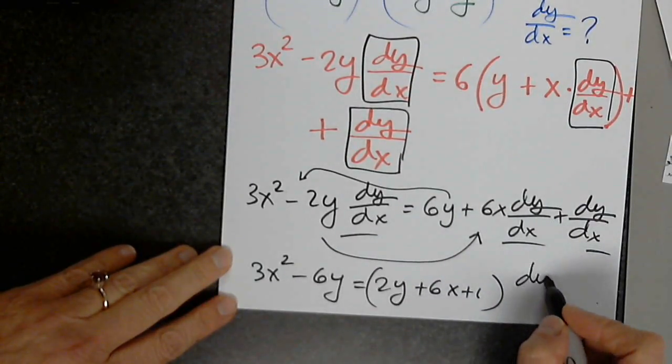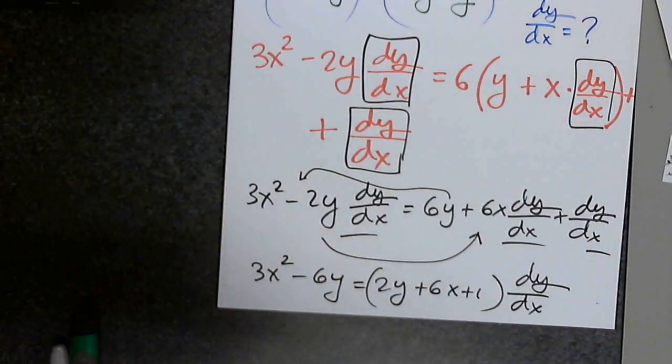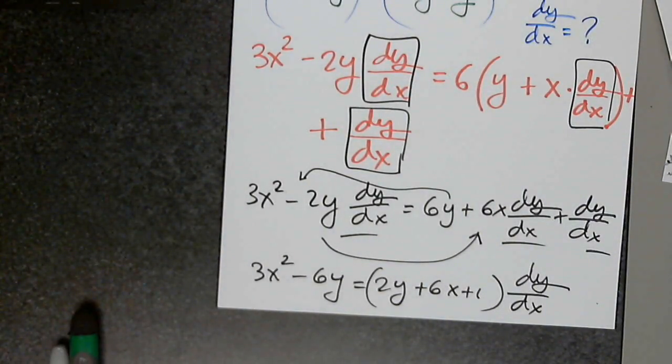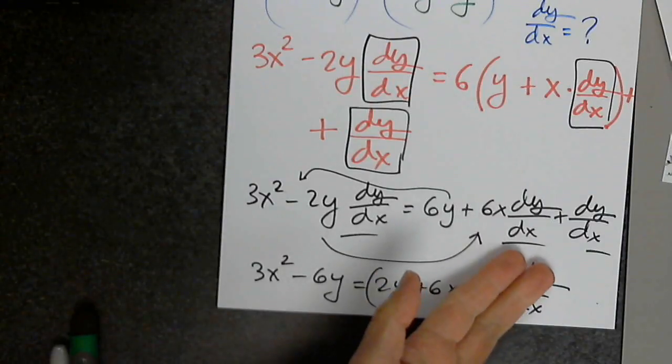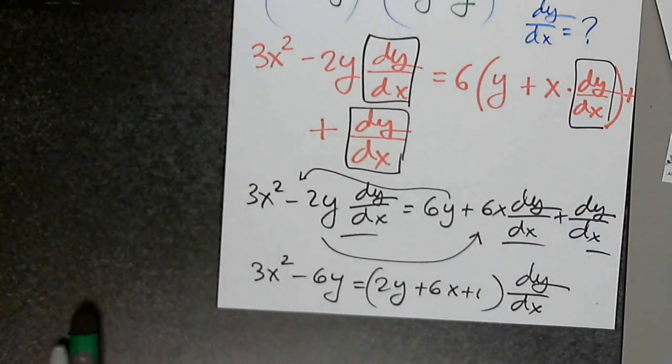I already factored dy over dx because this is the only way. I have to factor out dy over dx. I can combine like terms. I cannot combine 2y dy over dx to 6x dy over dx and plus 1 dy over dx. So I have to factor out dy over dx. And then